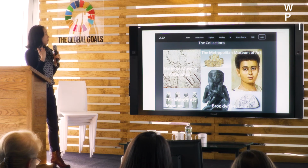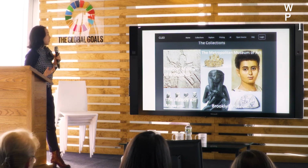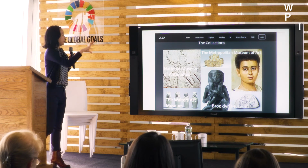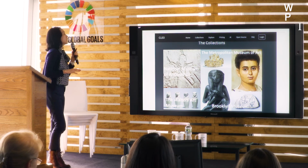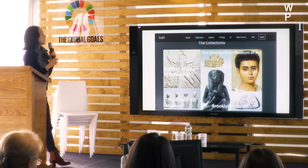And because we've now made this data accessible through the API and the CSV, a lot of people are finding it and they are using it. So I'm just going to go through a few examples. This is a database called Cleo. It's sort of a